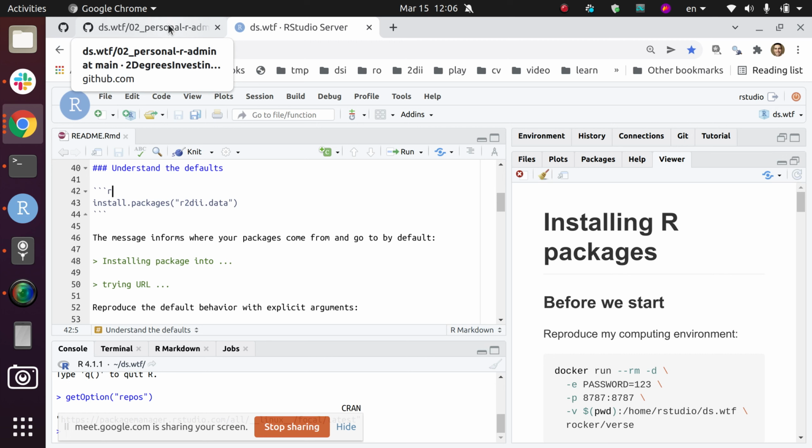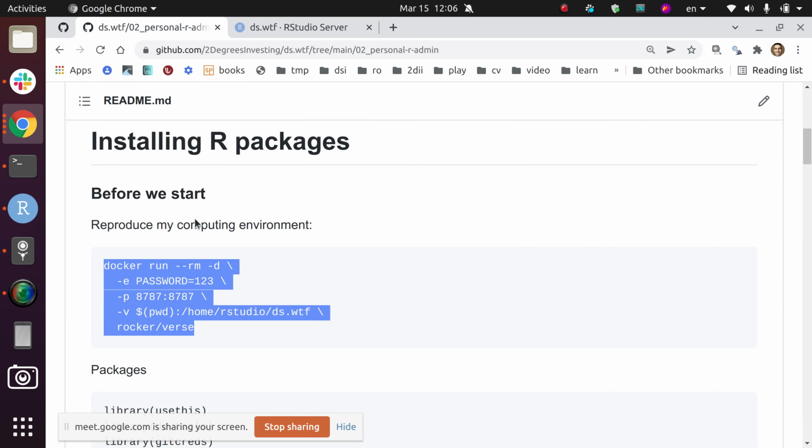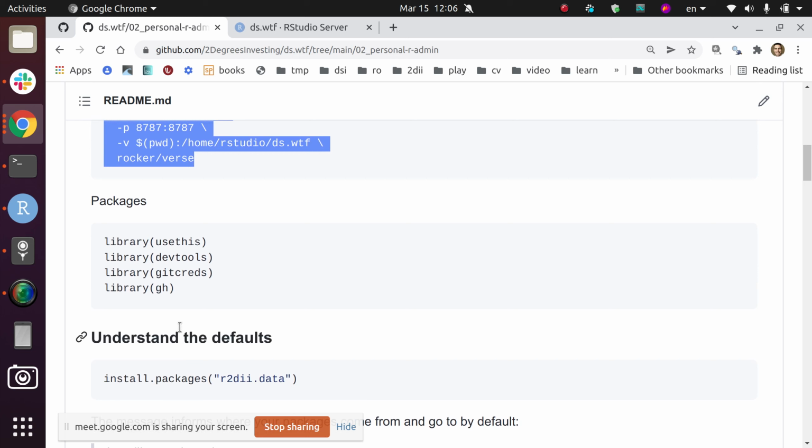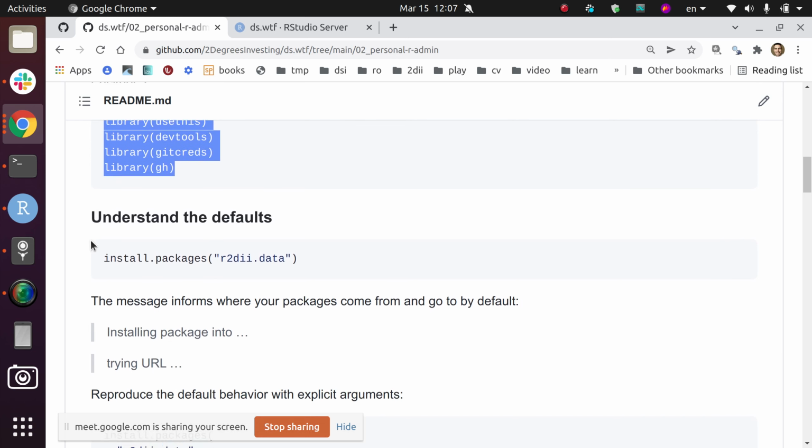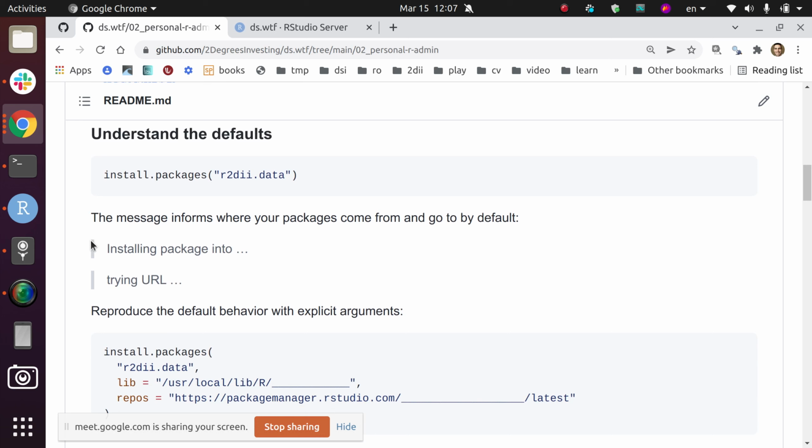The point is that if you want to reproduce my R environment, you could reproduce it with what is written here. And I'm going to be mentioning some of the packages listed here for a few things. So the very first item or objective of today's meetup is this idea of understanding the default of